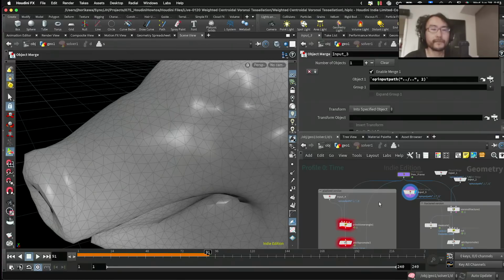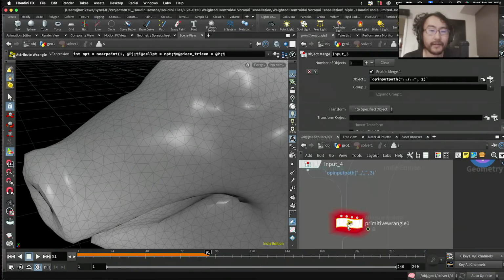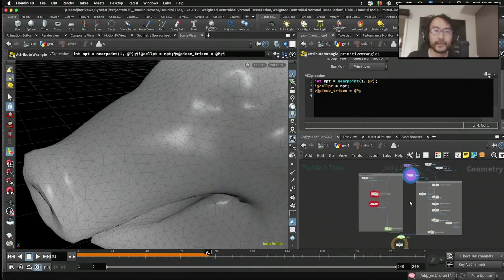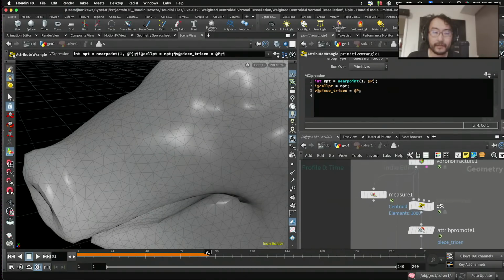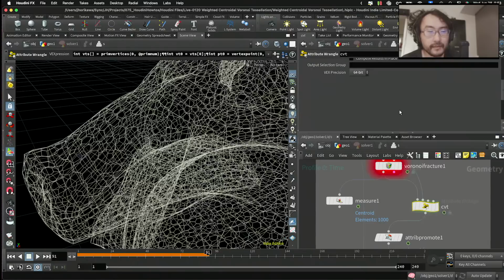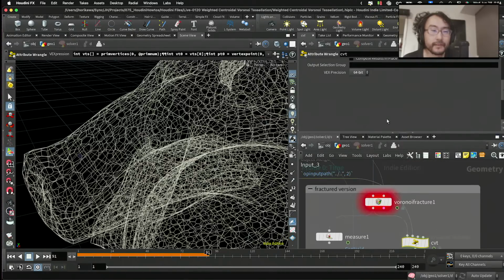Okay, after all, maybe I should just think about how I could shift the centroid based on the weight. Now, how I was doing it. Let's see. So looking at this one,